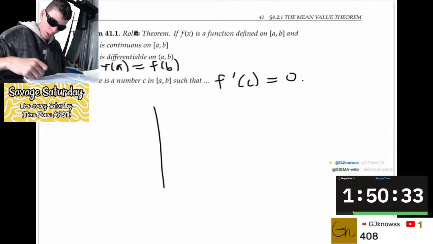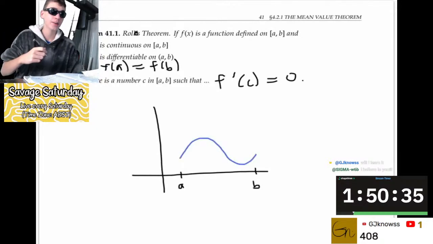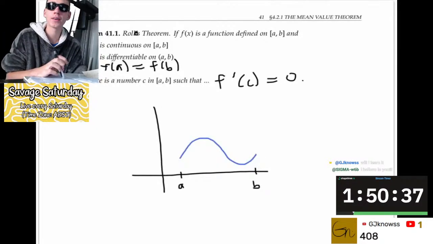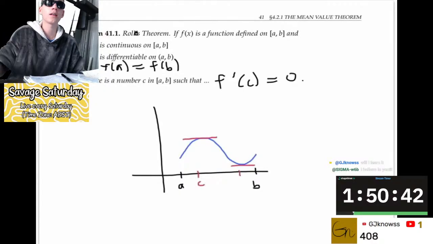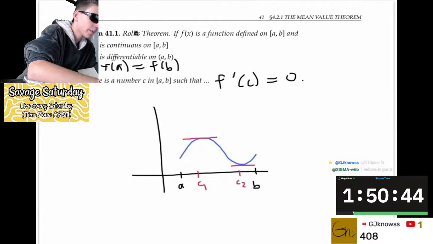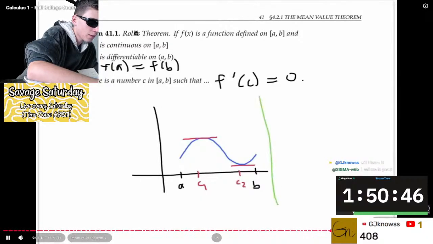If we look at a graph of such a function that has equal values at a and at b, we can see where its derivative has to be 0, at a maximum or a minimum in between a and b. To see why the Rolle's theorem is a special case of the mean value theorem, think about what the mean value theorem would say about this function. It would